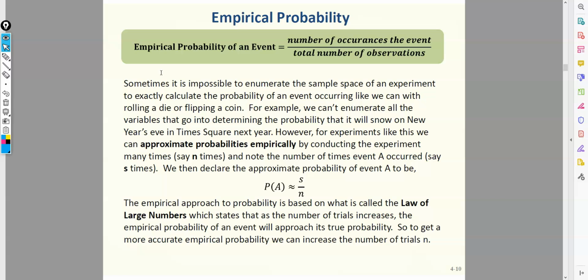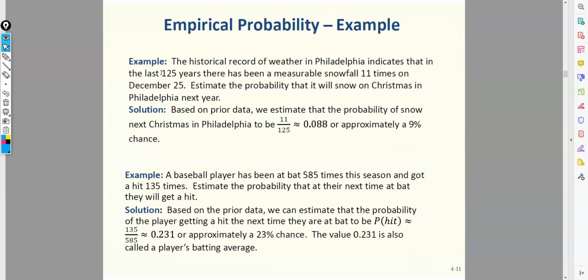Now let's take a look at a few examples involving the empirical approach to probability. For the empirical probability technique, you're usually faced with a problem where you can't really enumerate the sample space. The two problems that we just looked at, rolling a die and drawing a card from a deck of cards, we could easily enumerate what the sample space was and how big it was. But for these problems, we can't really do that. So we're left with just conducting the experiment many, many times and then counting how many times event A